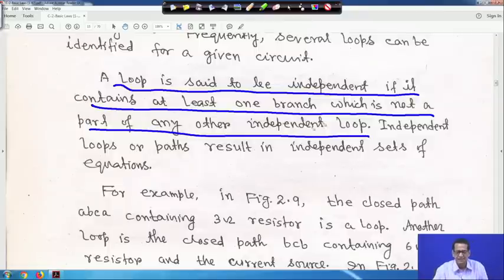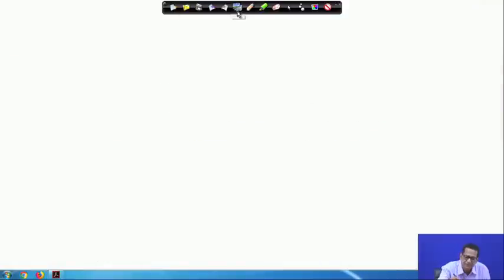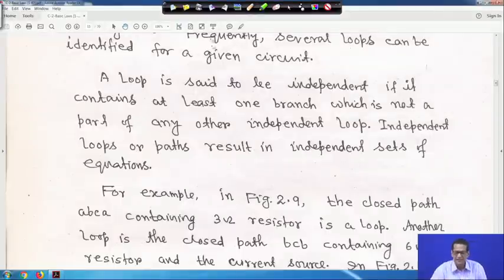So, in this circuit, just a minute. Let me clean this one, right. So, in this circuit, just hold on. So, in this circuit